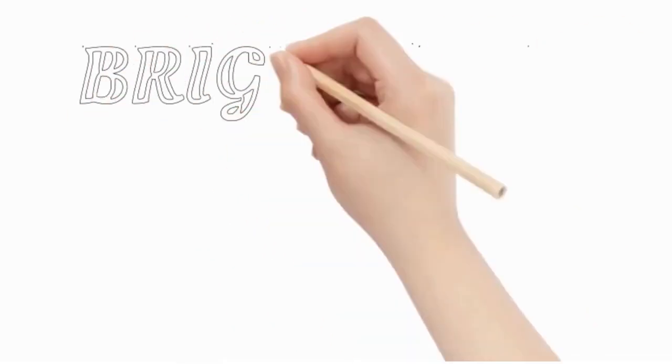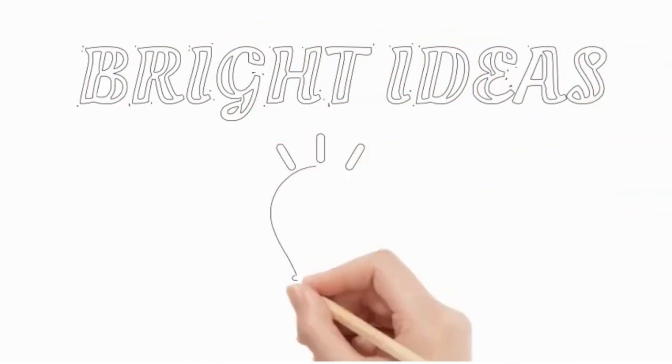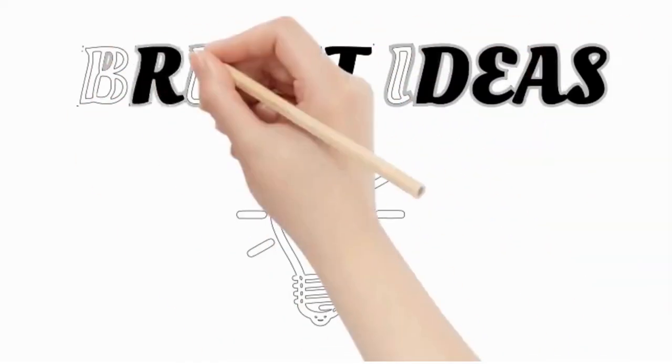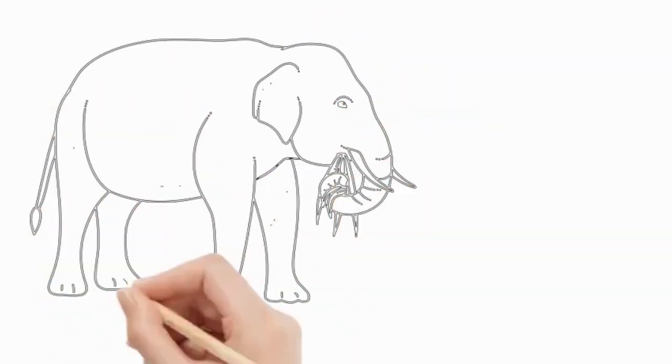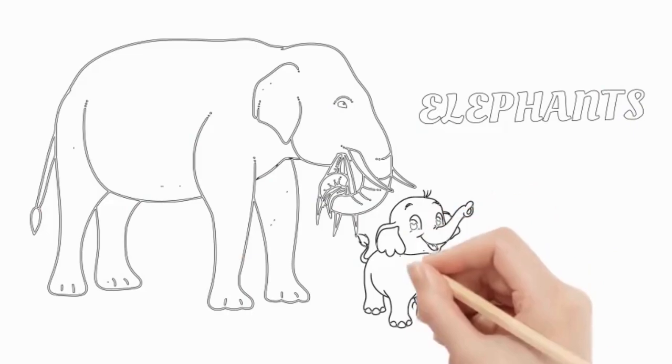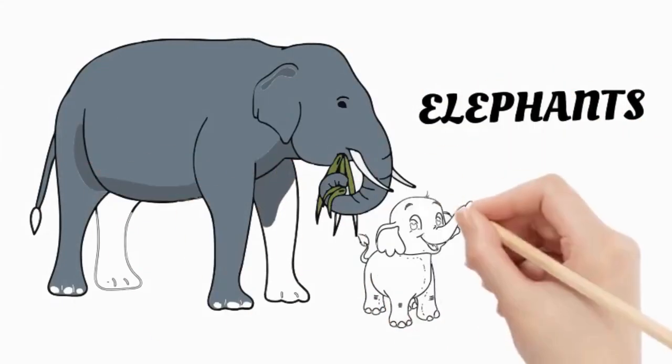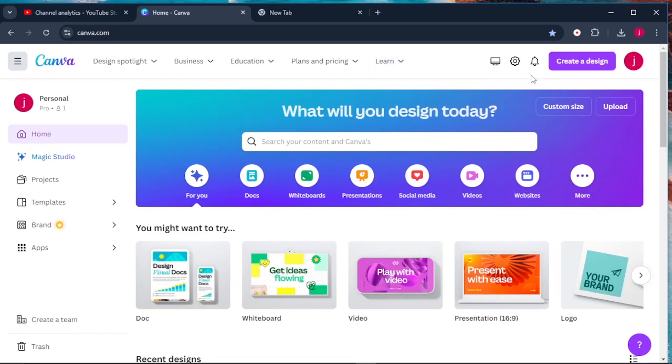Hi, I want to show you how you can create these exact animation videos using a free software. You can use this animation for your presentation, for your project, or just generating YouTube videos. So what you simply have to do is you can come to Canva, and once you're on Canva, click on